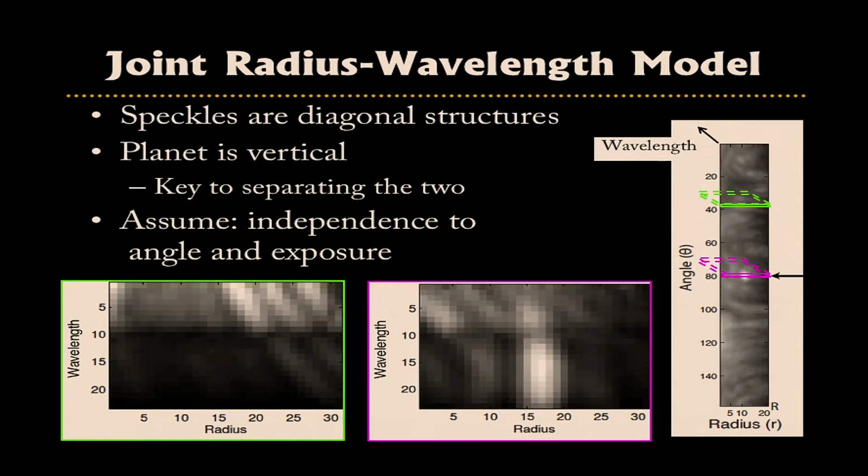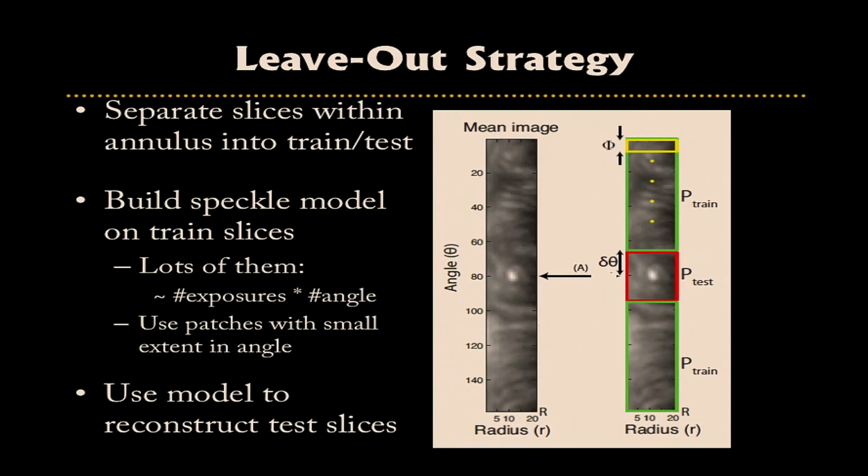And you can see this is superimposed as a vertical structure. Okay, so it's a question of separating the diagonal structure from the vertical structure to separate out the planet from the speckled noise. Okay, so what we're going to do is, when we're probing a certain location,